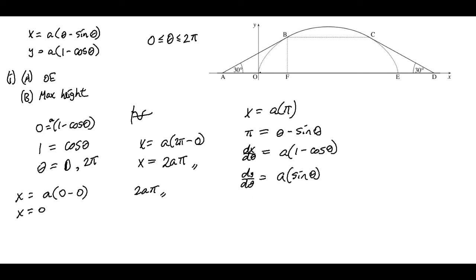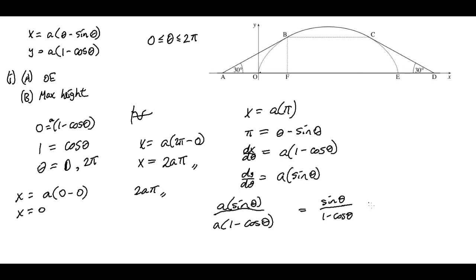Therefore dy by dx, so it's the bottom divided by the top, you get a sine theta divided by a times 1 minus cos theta, and you get sine theta divided by 1 minus cos theta